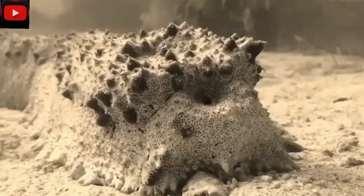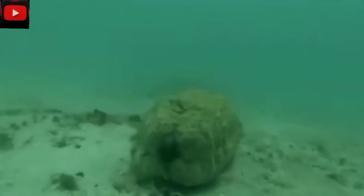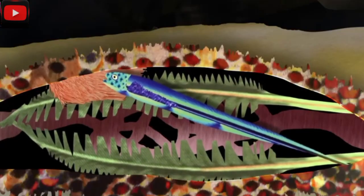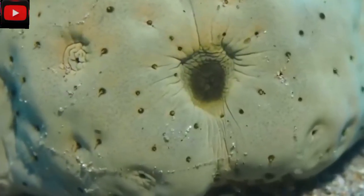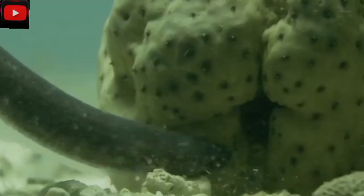On the other hand, there is a small but clever fish known as the pearl fish, which has developed an extraordinary way to protect itself from predators. When danger approaches, the pearl fish quickly hides inside the body of the sea cucumber through its rear opening and stays there until the threat passes. Amazingly, the sea cucumber does not harm or reject